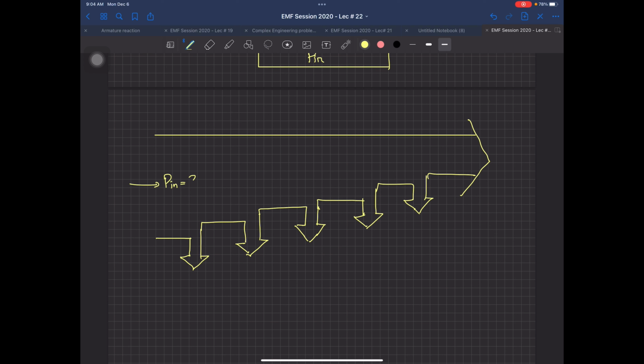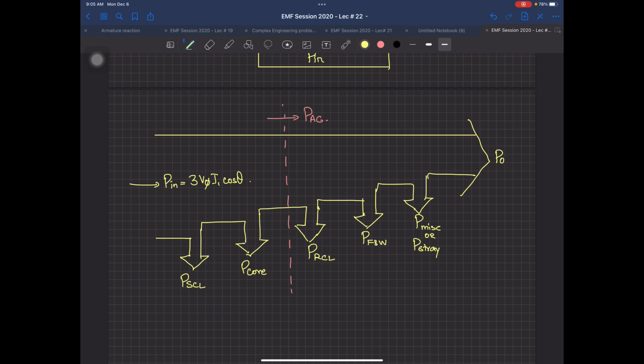So input power is equal to 3 V phase I phase cos of theta. In fact I1, not call it I phase or I1, both are okay. And this is your stator copper losses, this is your core losses over here. So the power which is going to enter at this point is going to be the air gap power. At this point now the rotor copper losses are happening, and then this is the friction and windage losses, and certainly some miscellaneous losses, or you can call it some stray losses which are happening.